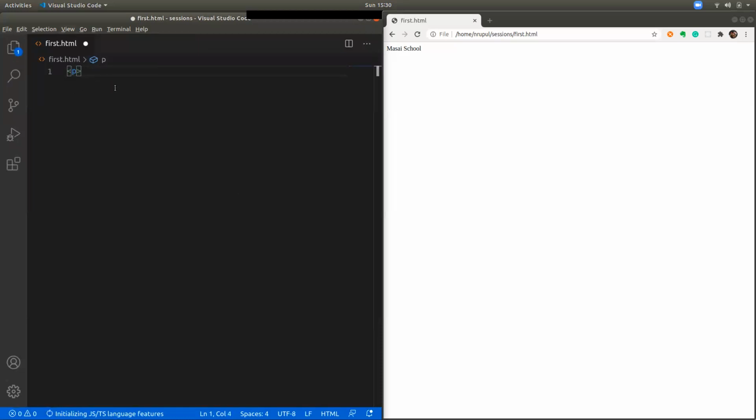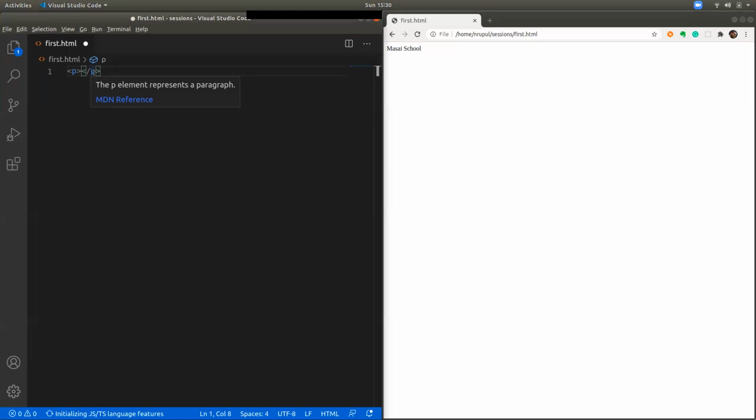The ending tag also looks the same with an extra slash before the P. So you can see this is the starting tag and this is the ending tag, which looks the same. Again, it is enclosed in angular brackets with an extra slash character before the name of the tag, which is P in this scenario.